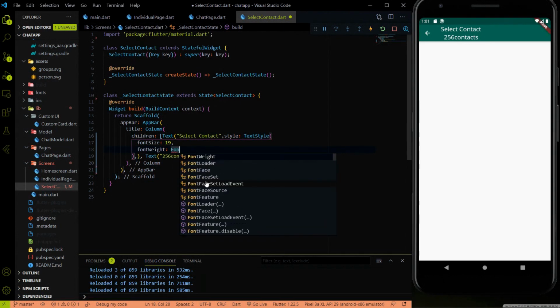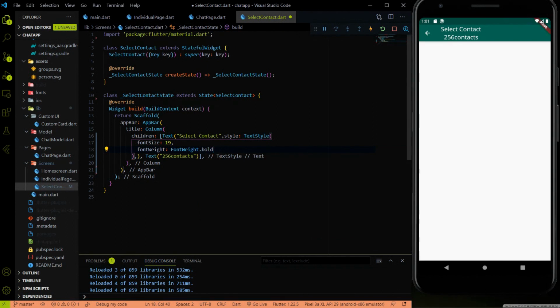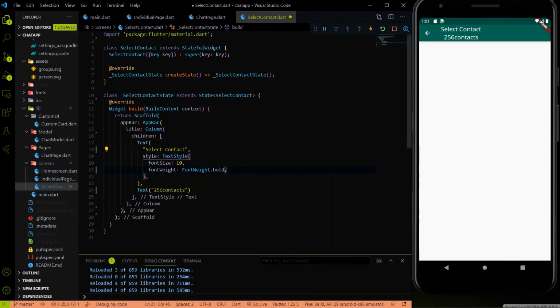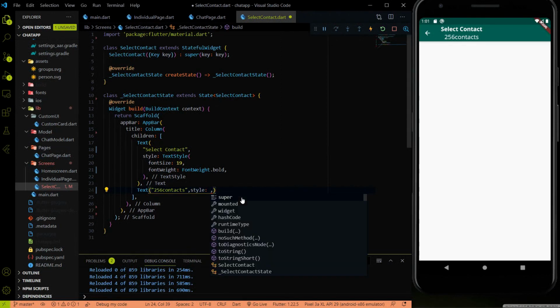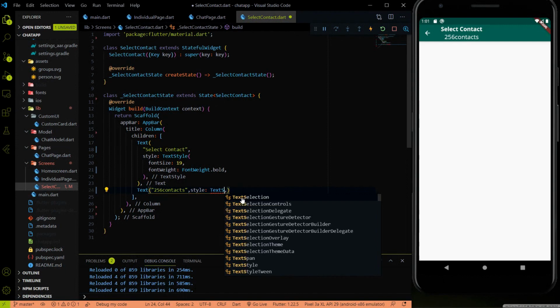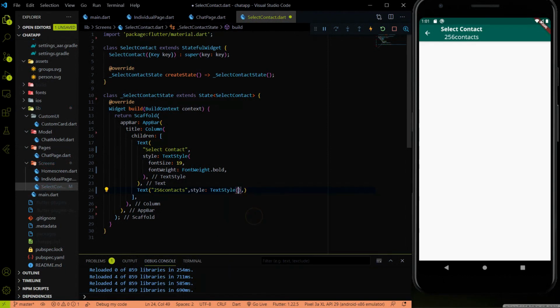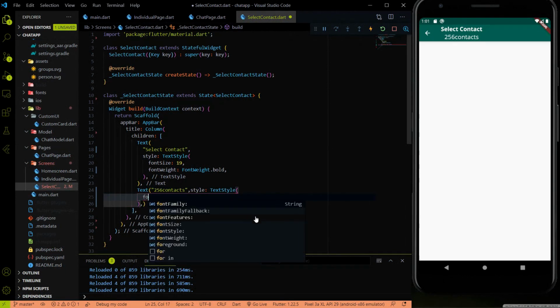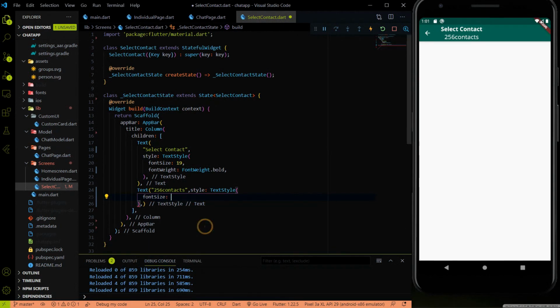Font weight will be FontWeight dot bold, and that's it. Hit save. Add the styling over here also for the text below. The font size will be 13, and hit save again.